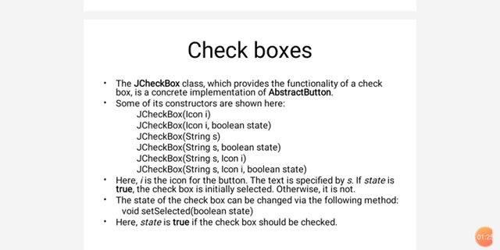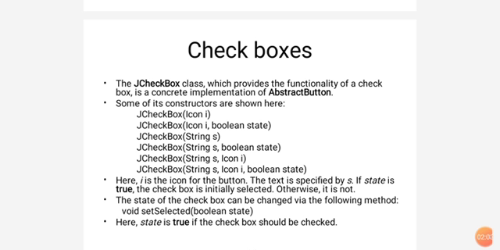So the third one is the String s. That means here we are specifying some text to display on the checkbox, so we specified it with the variable s of the String data type. And next, the fourth checkbox constructor contains the String s and a boolean state. By this constructor, we are giving the text that is displayed on that particular checkbox, and we are specifying the state of that checkbox also. True or false. True means checked, false means unchecked.